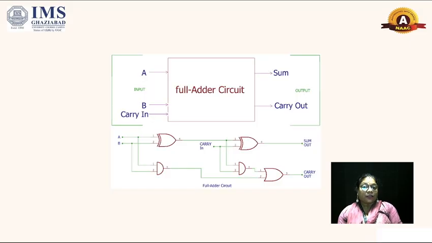Now we make the block diagram of this. It has two inputs A and B and a third input, carry in, which gives the outputs carry out and sum. Either we can call them carry and sum, or carry out and sum. Now this is my circuit diagram. The circuit diagram shows two XOR gates, A XOR B XOR C, which means we have three inputs. The three inputs go through two XOR gates, two AND gates and one OR gate. So this simplified version shows the full adder.